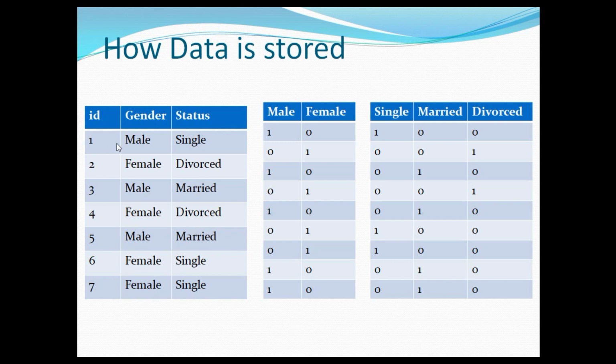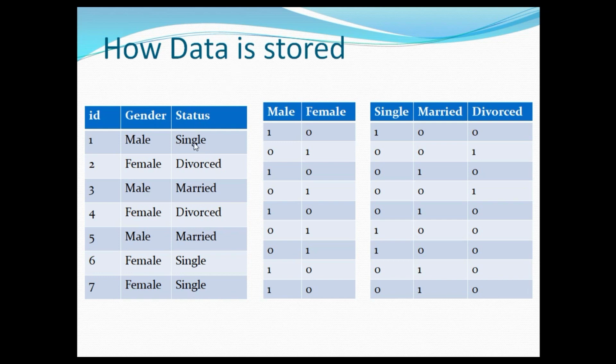So for the first row, the gender is male, that's why we have 1 in front of male and 0 in front of female. So in the 2-dimensional array, when the value is present for that particular column, we specify it as 1, otherwise we specify it as a 0 bit. For the next one, it's a female. So you see here we have a 0 bit in male and 1 in female, and it will go on like that. There is one other good property of bitmap index: multiple bitmap indexes can act in conjunction to deliver faster results. Let's see the status column as well.